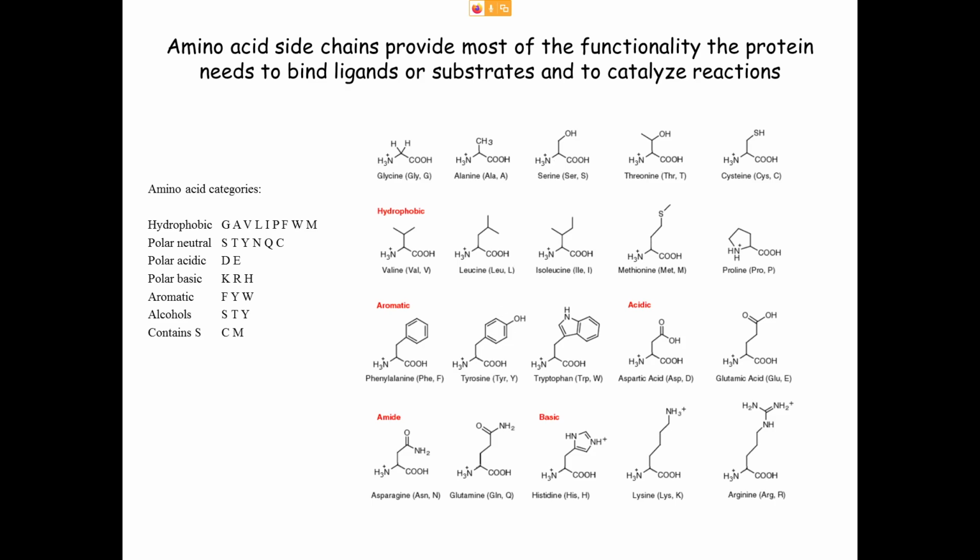But if I also ask which ones are aromatic, which ones contain benzene rings, well, that's this group here. Phenylalanine, tyrosine, and tryptophan all have a benzene ring in it. But you see tyrosine appeared in both of those subcategories, and that's entirely possible. See, I wrote it here. Aromatic and alcohols, they both have tyrosine in them. But if you remember them in small groups, it's so much simpler than trying to memorize a list of 20